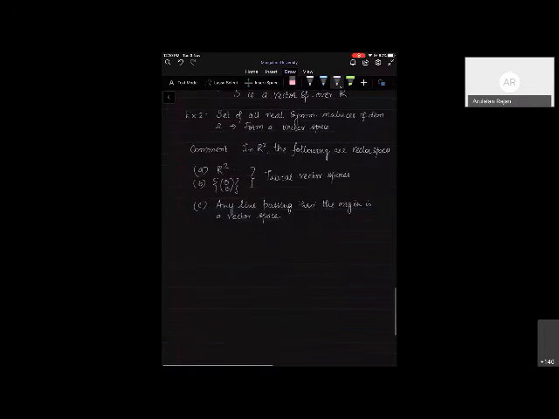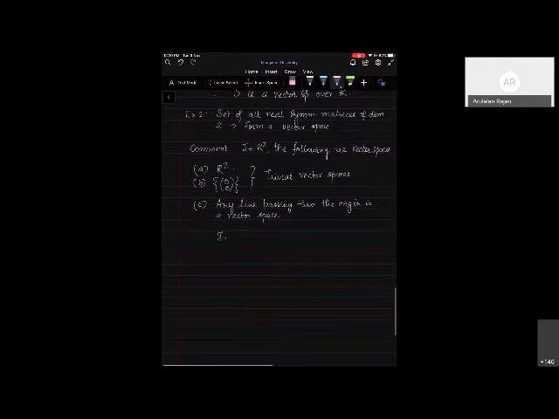Any line. Suppose we take R3. In R3, entire R3 is a vector space. We already knew R2 is a vector space here. Therefore, any plane